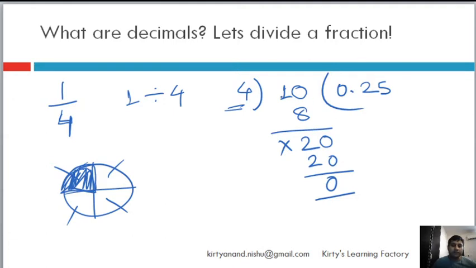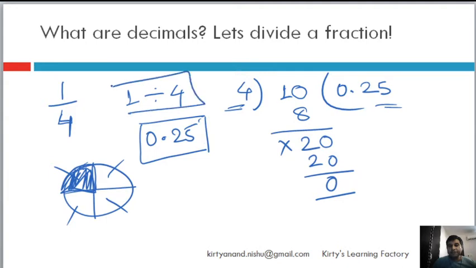So now we have closed the decimal division. And what has it come to? It basically is equal to 0.25, right? So 0.25 is nothing but the decimal representation of 1 by 4. So for every fraction which you have, you will have a decimal. Now let's see 2 by 3.